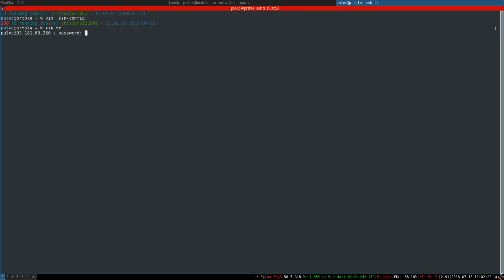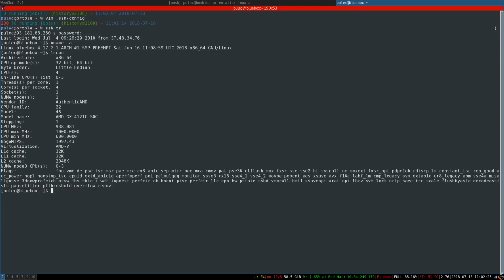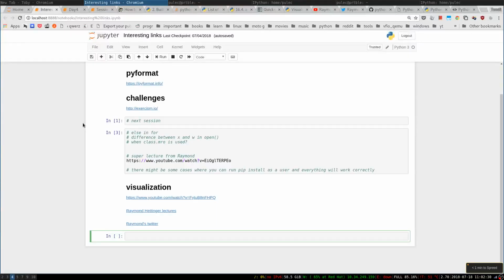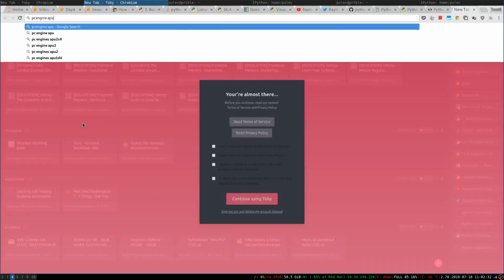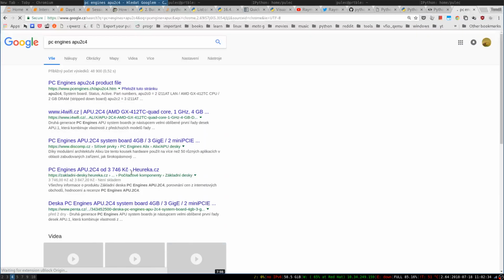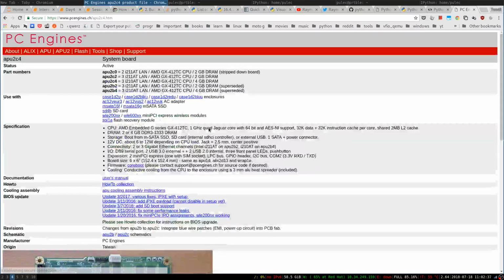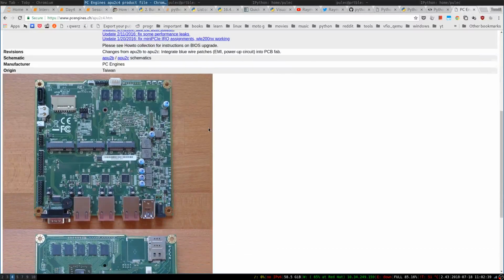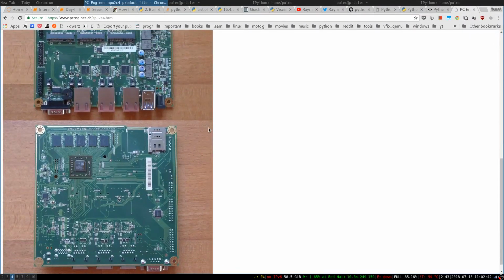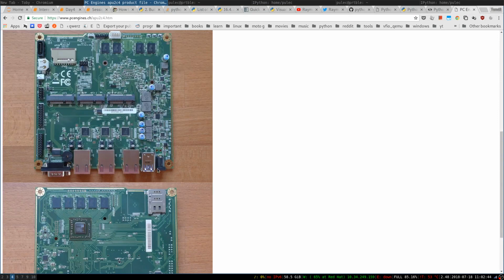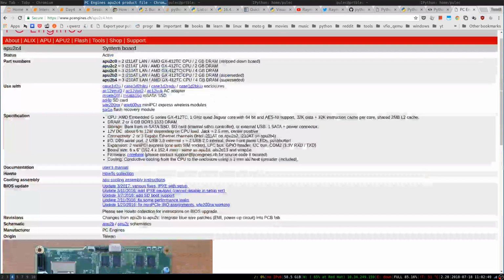And so this is my little machine. It's actually this machine, a PC Engines APU2. So it's this tiny box. It doesn't have any VGA. It just has 3 Ethernets, COM, USB, and power. And these are, what are these? How is it called? I think it's called